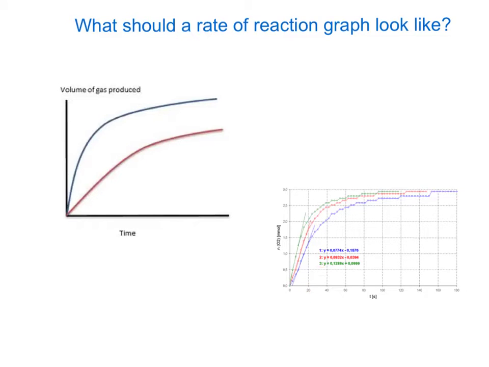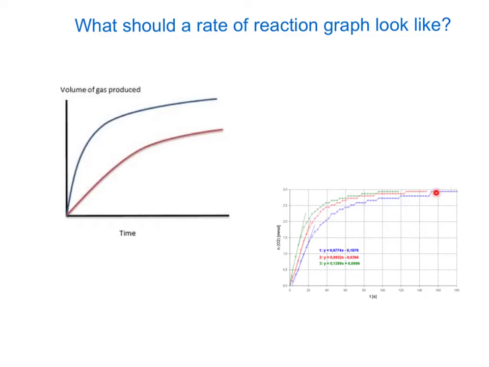So here every so many seconds, so it looks like about every 5 seconds here, or every 4 seconds, they've collected data for the volume of O2 in this particular graph that's produced, and they keep sampling it. So rather than, say, taking a final volume of gas produced at 120 seconds, where all those values would be very similar, they sample it at different times, showing that actually this third line here, the green, produces oxygen at a much greater rate than either red or blue, even though they all end up at the same volume produced,